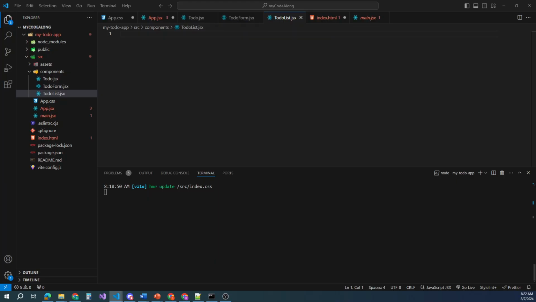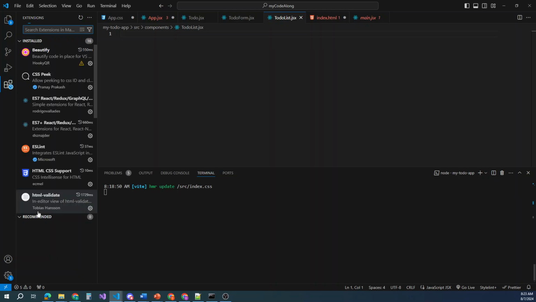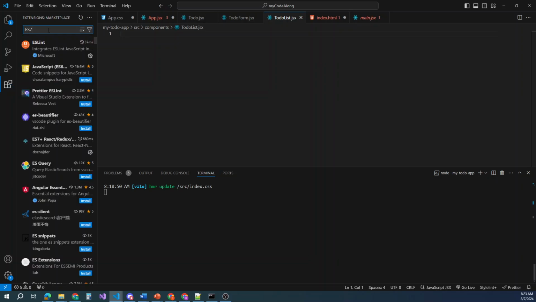So what we'll do is we'll start out in our form, and we'll go ahead and create a form for this. Before we start that, if we go down here to the little gear in the bottom left hand corner, click on that and go to extensions. You should get lists of extensions. If you enter in here ES7,